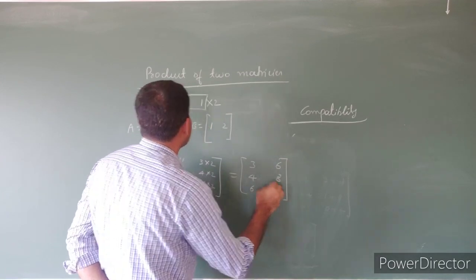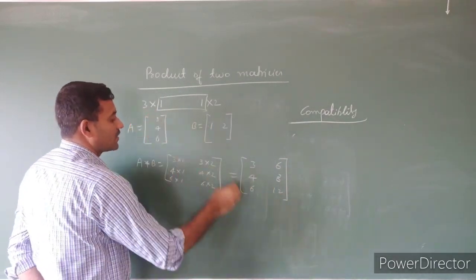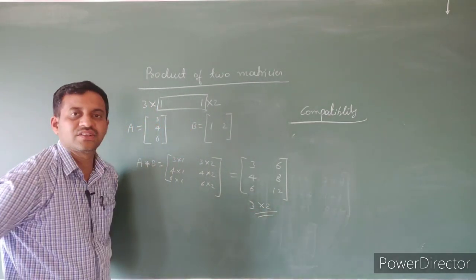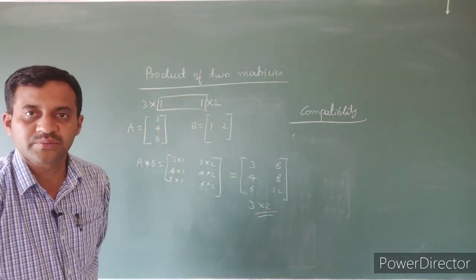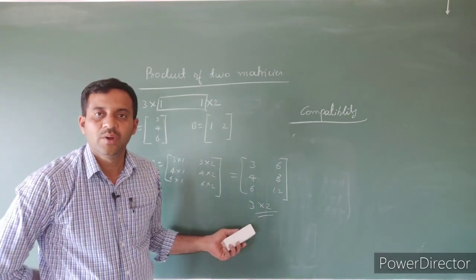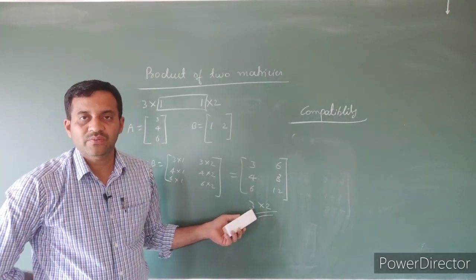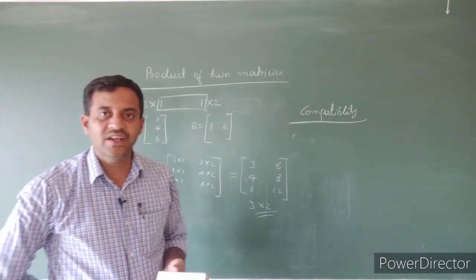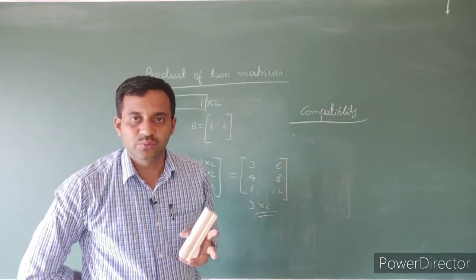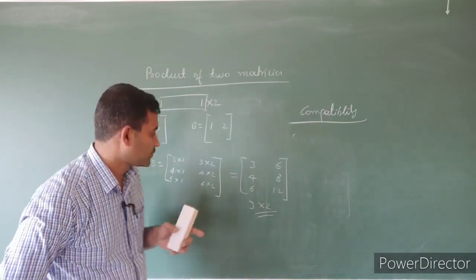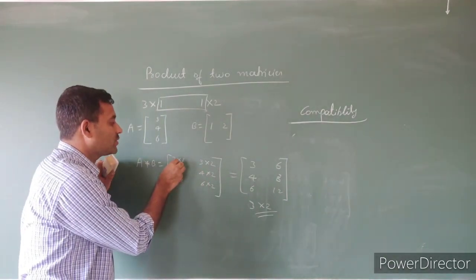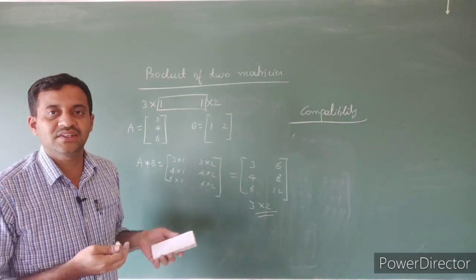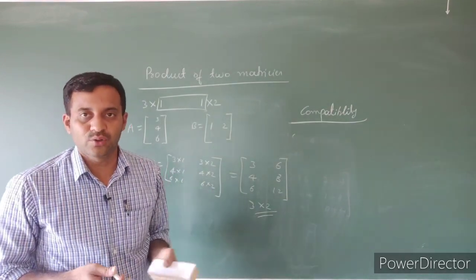So this is the resultant matrix, that is the outer order, 3 rows into 2 columns. See the result, 3 rows into 2 columns. This is the product of two matrices. To perform the operation, it needs 3 for loops, because here we perform both multiplication and addition operations. Hence it needs 3 for loops.